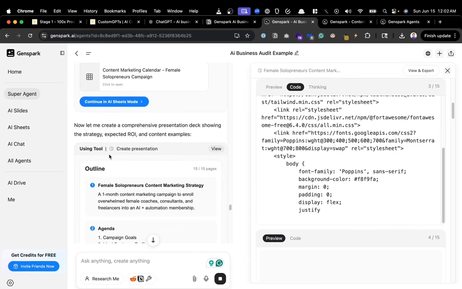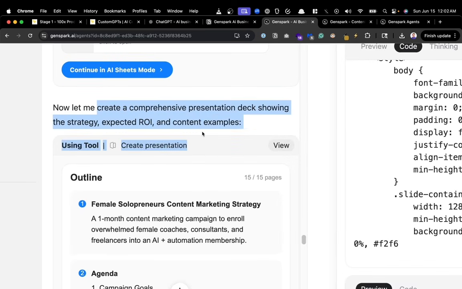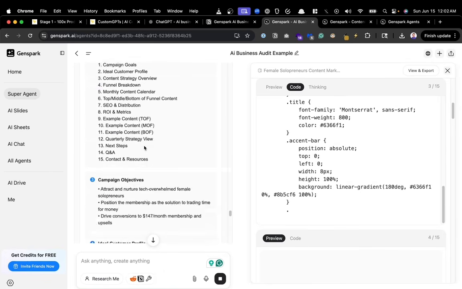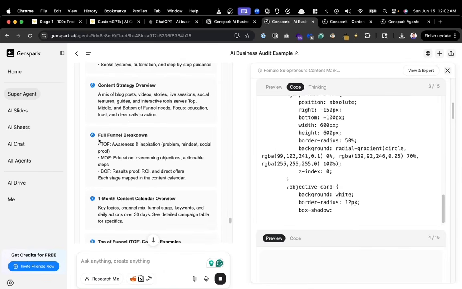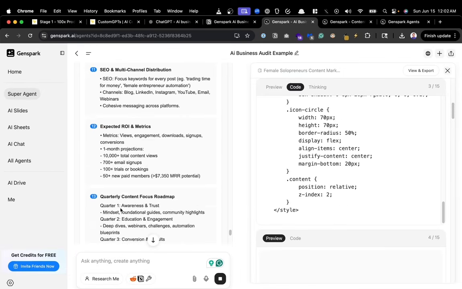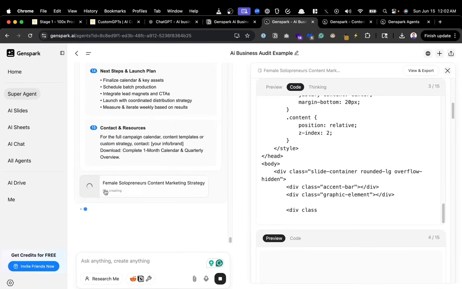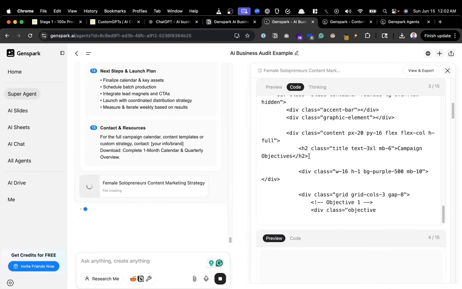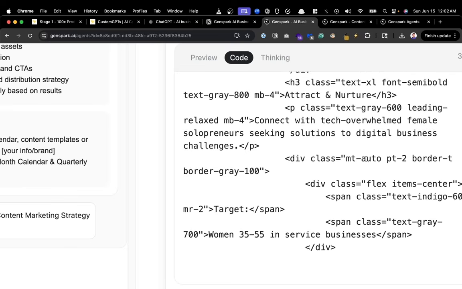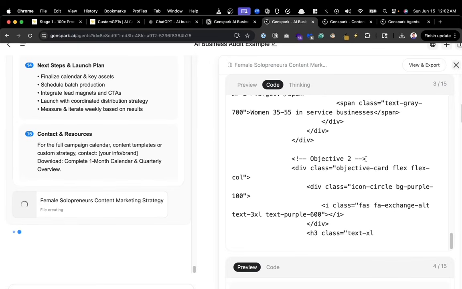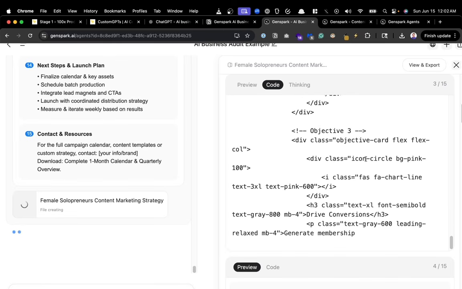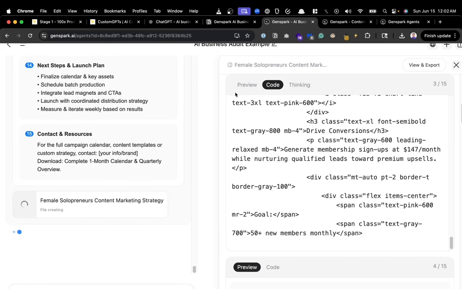And if I scroll down, it's like, oh, now I'm going to actually create a presentation slide for you. So if I go here, presentation slide, and we scroll down, it's doing the slides. So there's slide 1, slide 5, slide 6, slide 7. And so it did the outline for the slides. And if I scroll down, you can see right now it's actually creating the file. And when it creates the file, it's technically creating an HTML presentation. It's not actually doing any graphic design. It's just designing a web page using HTML. You don't have to know HTML code in any shape, way, or form, but just to show you what it's